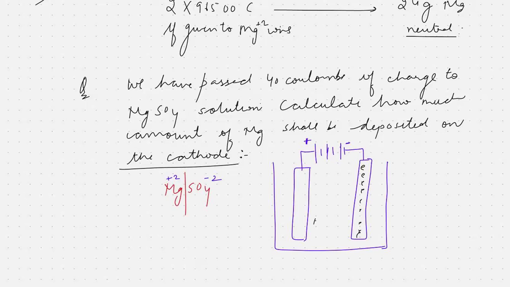Once we have Mg+2 and sulfate floating in the beaker, what do you think is going to happen? That Mg+2 will go here towards the negative electrode, because Mg+2 is a cation and cations move towards the cathode in the electrolytic cell. This is not a galvanic cell, okay? This is an electrolytic cell. In the electrolytic cell, we are not producing electricity. In the galvanic cell, what were we doing? We were using a highly reactive metal and we were